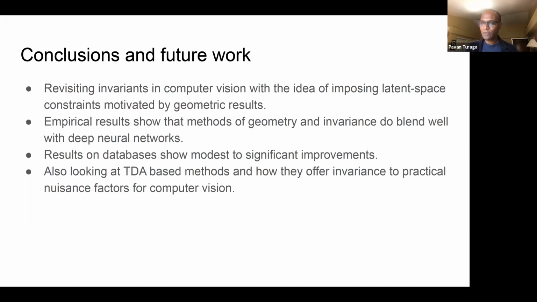We are also beginning to look at TDA approaches, topological data analysis approaches, as a way to impose a broad class of invariances for computer vision problems. And we are very interested in increasing our reach and potential in that area. I know there are a lot of TDA people in this audience. I'm really keen to connect with them to see how TDA approaches can be positioned as a broad way of achieving practically useful invariances without necessarily choosing a feature up front. And that's where I think some of the sweet spots are.